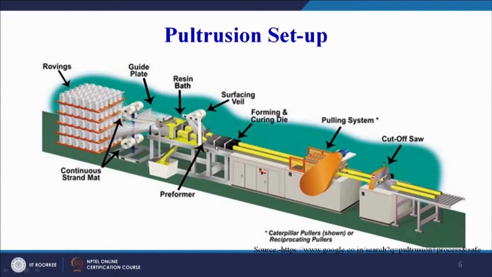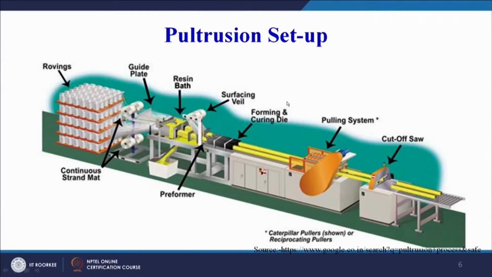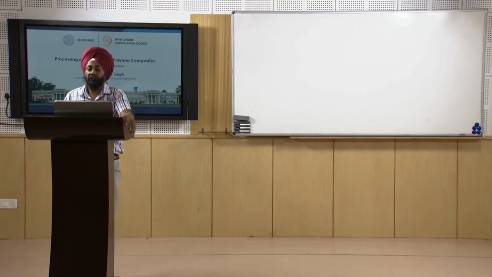Once our fibers have come and been impregnated in the resin system, they move forward and there is a forming and curing die. This is the forming and curing die, in which we will supply heat, and we will also give a shape to our final product. So there are two jobs which have to be accomplished in the forming and curing die. One is the deformation, another one is the solidification. Rather we should say the first one is the formation of the product, followed by the curing, that is the solidification. So first we have to give a particular shape to the product, and secondly we have to cure it so that the shape solidifies and becomes our final product.